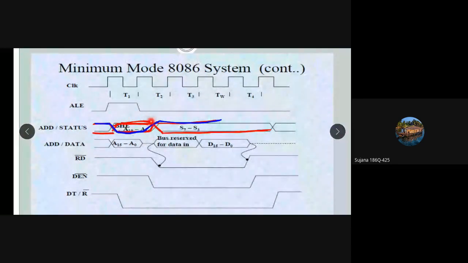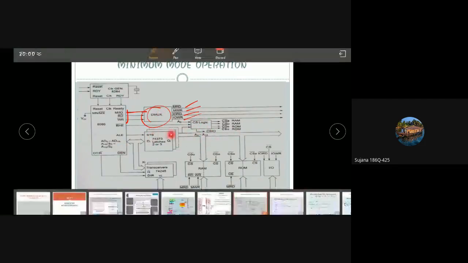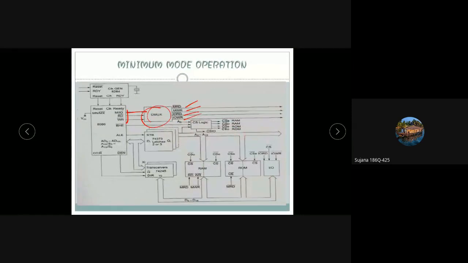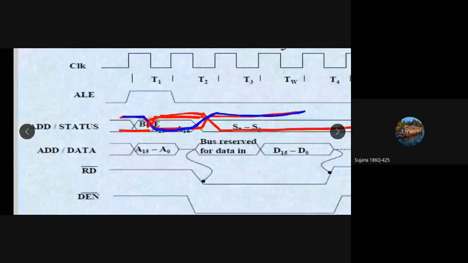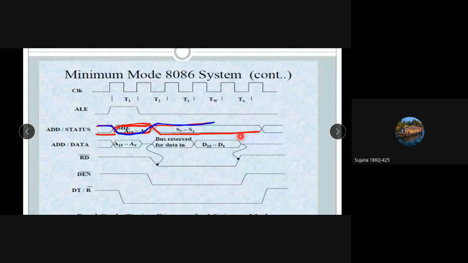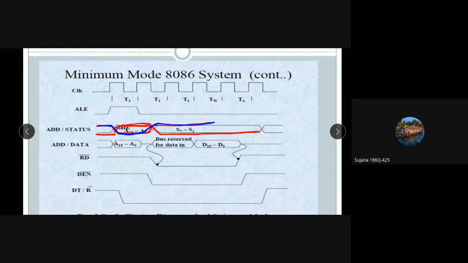So address will be present in the address bus. So up to time T1 there will be address in the address bus. Since the latches separated the address and it will be transferred to the address bus, up to time T1 only the address will be available. So later the address is removed from the buses and it will be transferred to the memory. Okay, so there will be no address and the status pins are high then. Okay, so next address data.